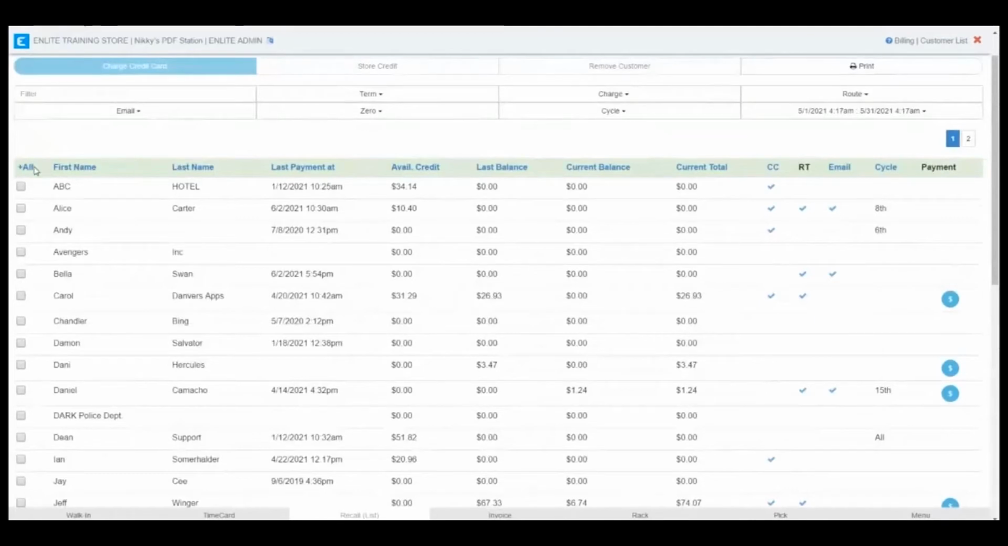First is the all button. So this first column here is just a checkbox, and it lets you select who you are applying the action for. So we will see this in more detail later when we are in the statement section or when we are applying the payment. So you can select everybody or you can unselect everybody. We also have here the first name, last name, last payment at, and the available credit or the store credit